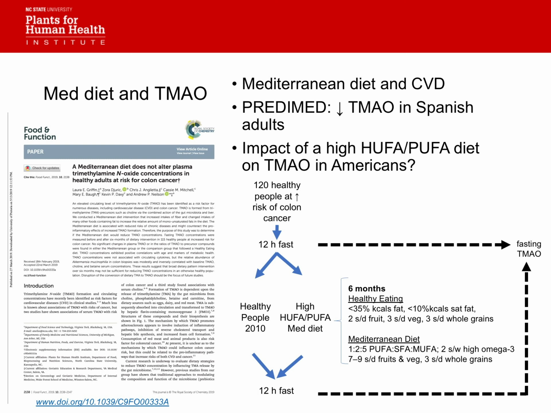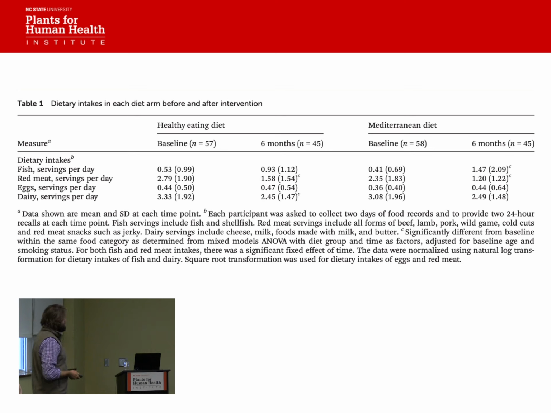Again, the goal here was to increase polyunsaturated fatty acid intake, and in both groups, increase fruit, vegetable and whole grain intake. You can actually see that fish intake went significantly up in the Mediterranean diet group. Both groups reduced red meat intake. So you're thinking, oh man, this is awesome. We're going to finally see something.